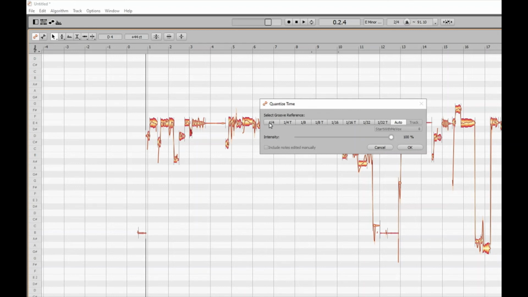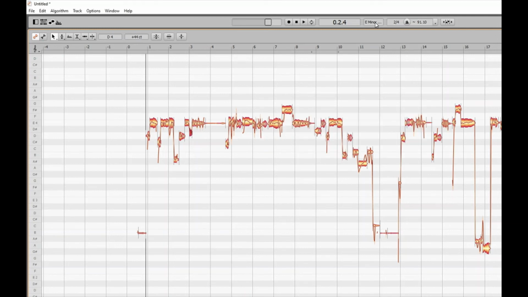Tab again. Select groove reference: 1/4 unselected. So the groove reference is, obviously to do with quantize. We can arrow down here. 1/4T, 1/8, unselected, 1/8T, unselected, 1/16, unselected, 1/16T, unselected. Okay, so these are what it's going to quantize it to. We tab again. Include notes edited manually. Unavailable: no notes have been fine-tuned. Okay, the same option there again. Okay. And we've got the OK. Cancel. So I'll just cancel that. Enter. Untitled star bar: -4. And we'll just finish by